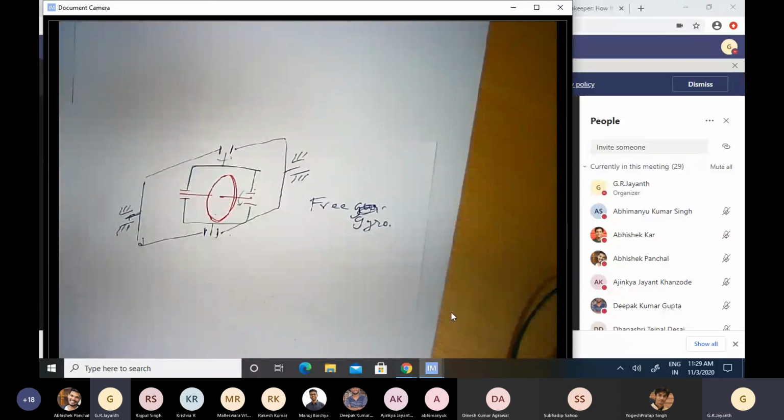It behaves as though it is a compass. Okay, it's not exactly. There's also something called a gyro compass, which we'll talk about later. But this behaves somewhat like a compass.